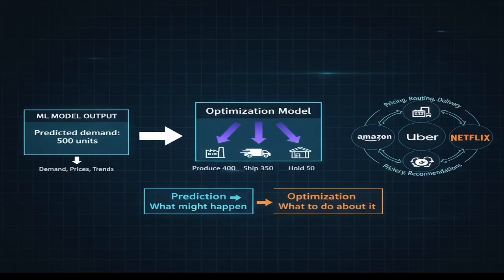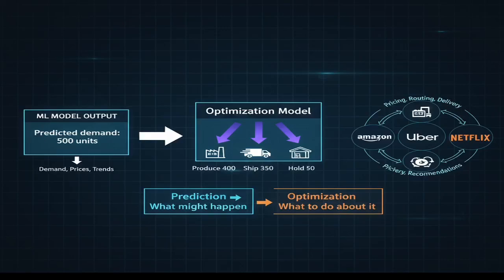So here is a simple problem that will help you understand how this works. A machine learning model predicts tomorrow's demand for each product. Great. Now you know what might happen, but how many units should you produce? That's the thing you need to understand. Once your algorithm predicts things, then you have to decide how many resources you want to allocate to achieve that goal. So in that scenario, optimization comes in.